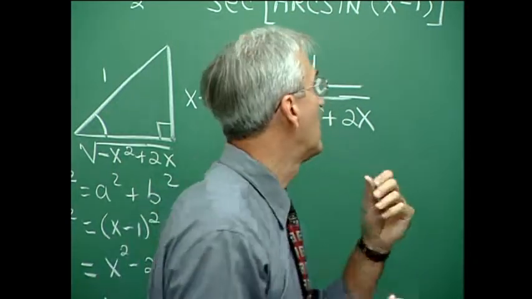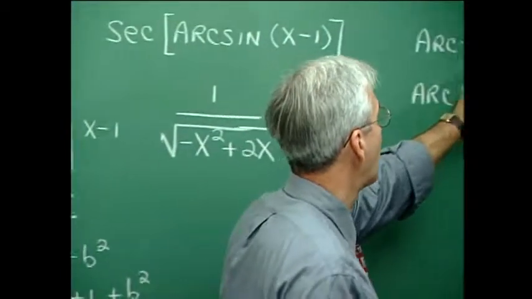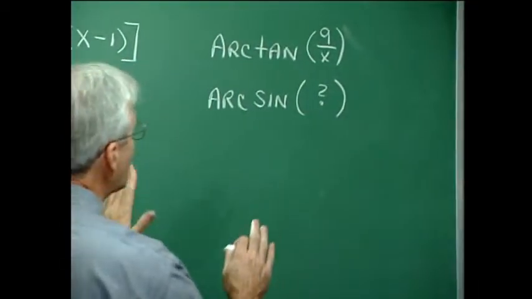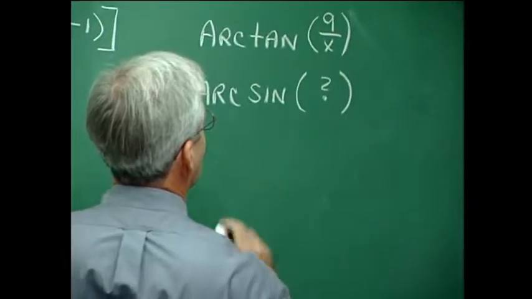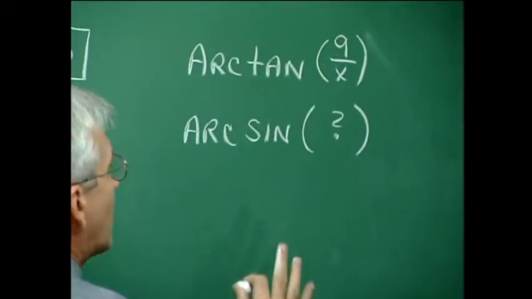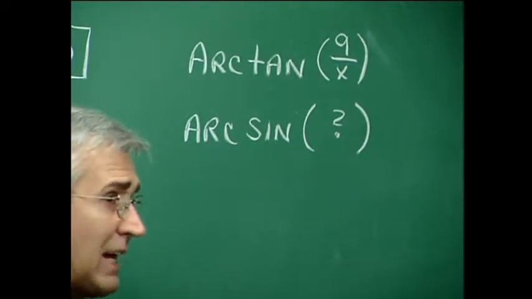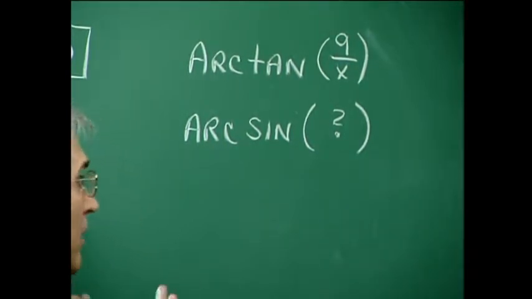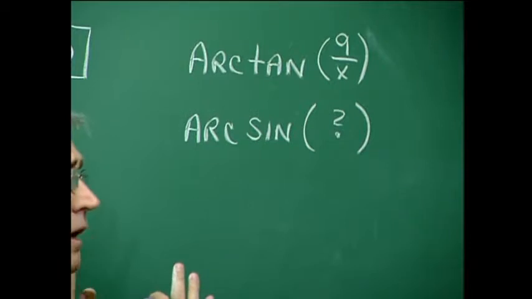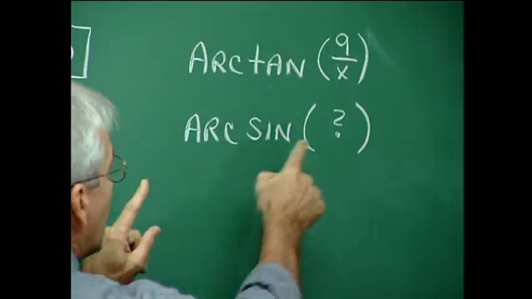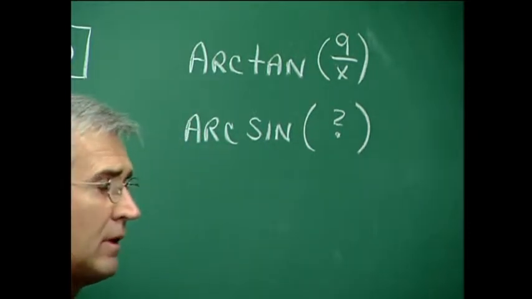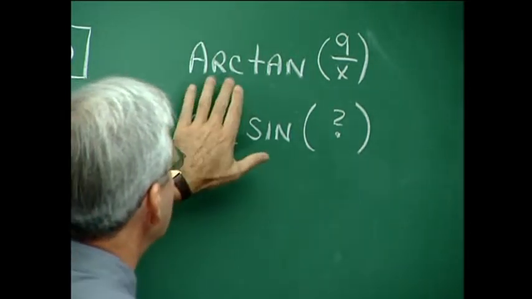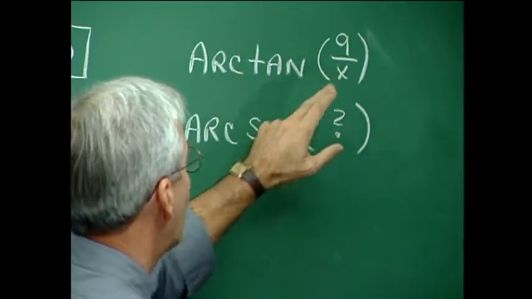Here's what I'm talking about. Arctangent 9 over x is a request for the angle whose tangent is 9 over x. Now there's another way to make the request for that same angle. That's what I'm suggesting here. And we can actually make a little calculation here and find the proper request if we want to use arcsine, for example. Because if this is a request for the angle whose tangent is 9 over x, then